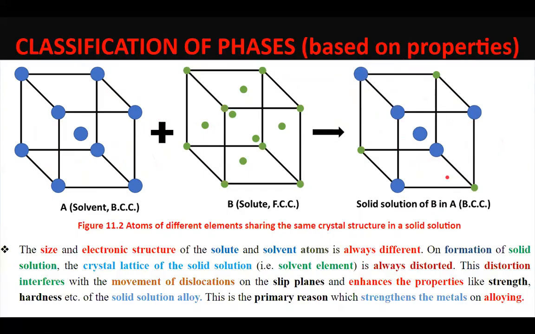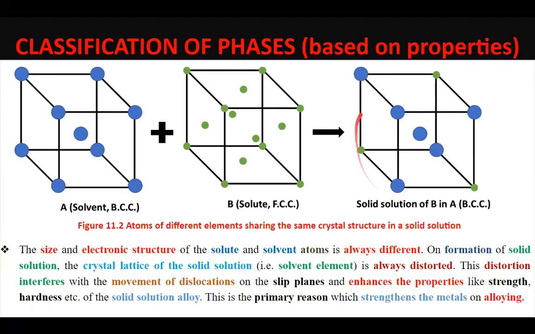So if somebody asks you what's the primary reason for the increase in strength, increase in hardness, or improvement in properties on formation of an alloy, your answer should be, sir, solid solution strengthening. An alloy only gets formed when a solid solution gets formed in it. And when a solid solution gets formed, the unit cell gets distorted because of the difference in the characteristics of the solute and solvent atoms. And as the dislocations move, when the load is applied and when the dislocations tend to move through the unit cell,